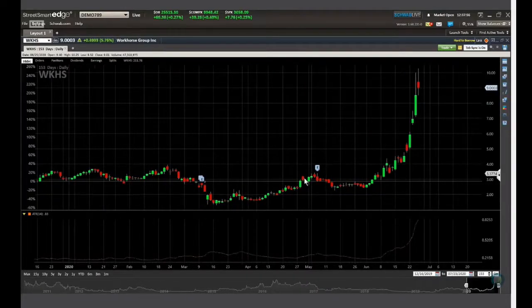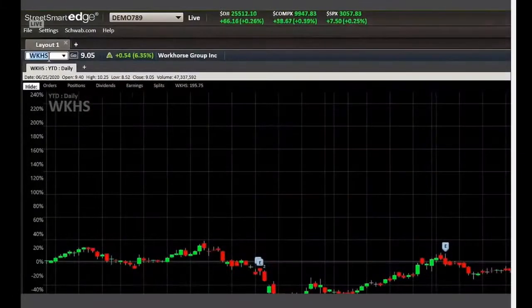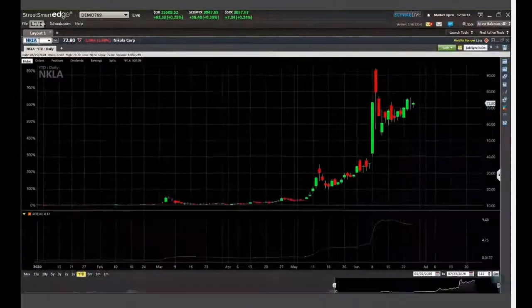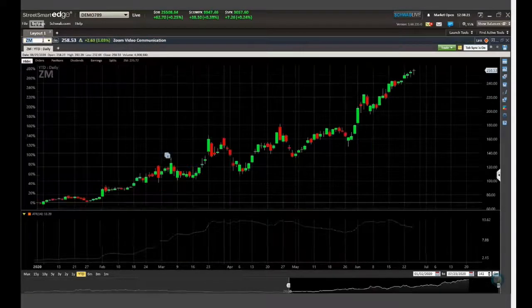If I were to look at this, you notice how this is running up exponentially? Look over here at my percent gain. Okay. Year to date, this is up 220%. Not too bad. What else is that in line with? Nikola. Well, that one's going up quite nicely. That one shot up. Notice exponentially rose and then had to take a breath, came back down. Nikola is doing great. Zoom Technology also doing great.